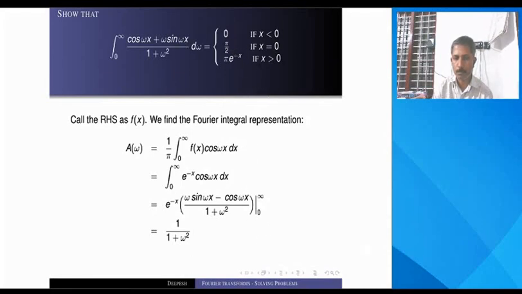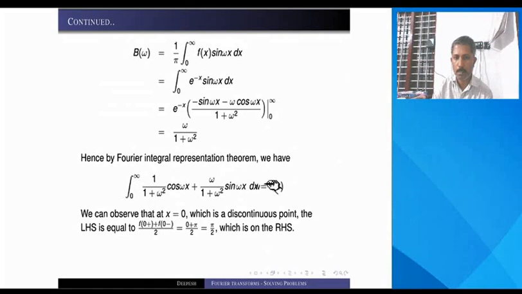Okay, but what it says is this integral representation is not true for all values of x. That you have seen in the Fourier integral theorem. It just says that for continuous points x only, this integral representation will coincide with the value of f of x. And for a discontinuous point, you need to calculate the left hand limit and right hand limit of the function, sum them and divide by 2. If you just read the Fourier integral theorem, the statement will be there.